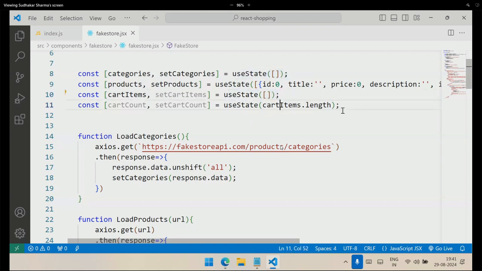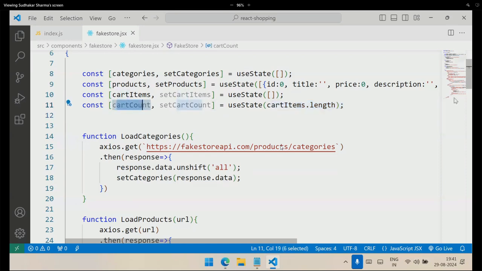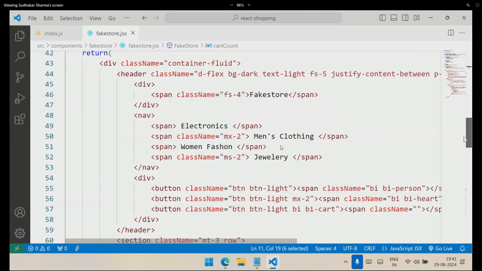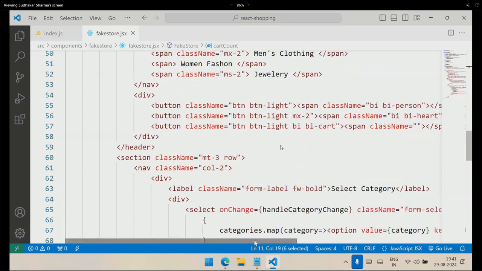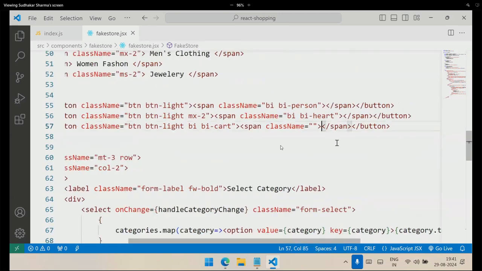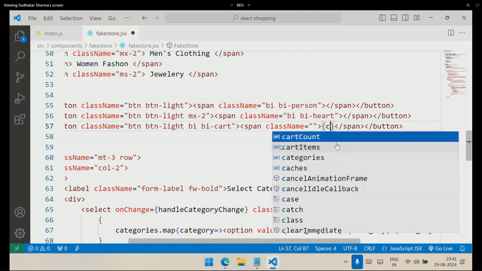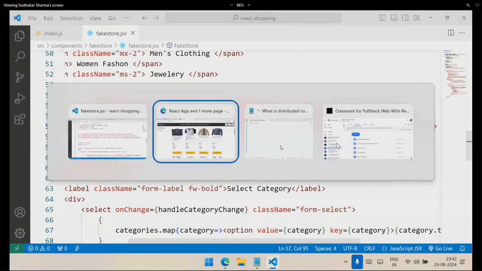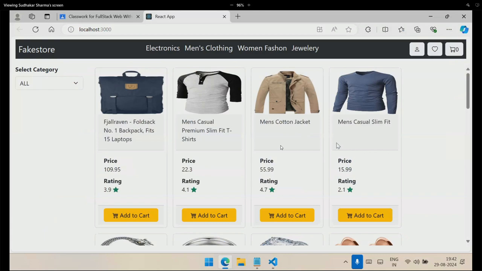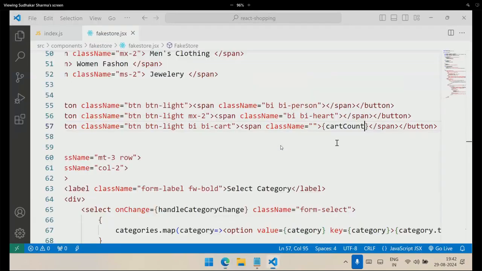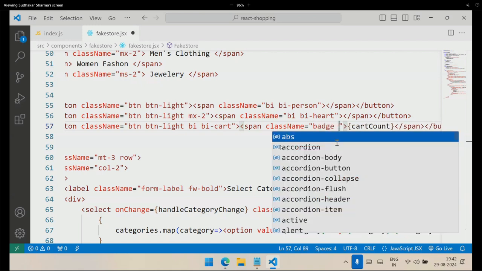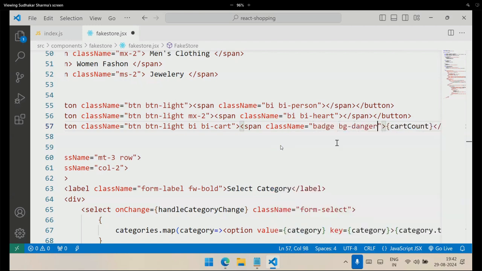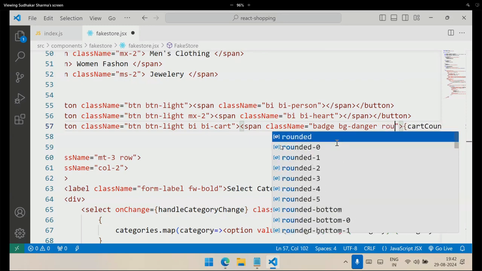That length will be displayed here, and we want to show that count in this button. Here in this span, we want to show that count. That means we will display cart count. We are adding the cart count, then you can see the cart count, it will display 0. And we will keep this class as badge, bg-danger and rounded-circle,